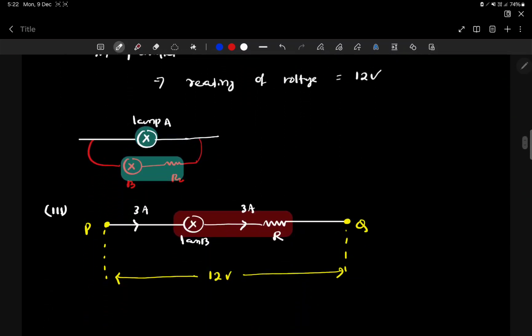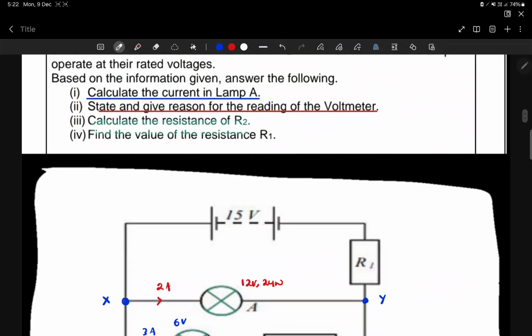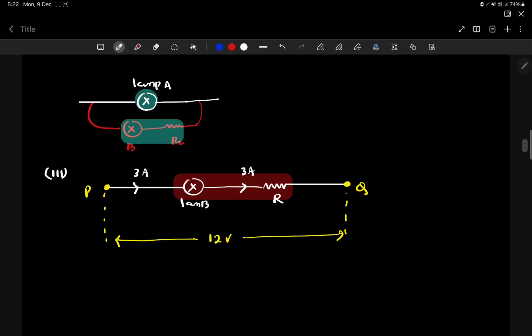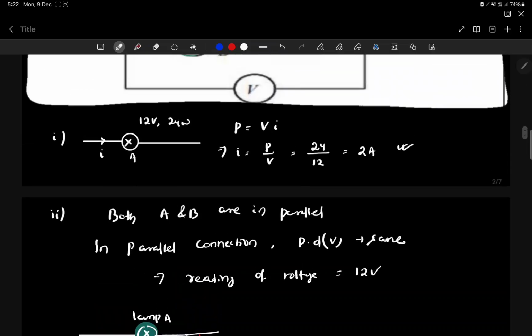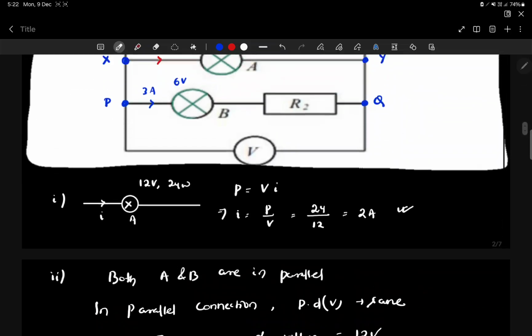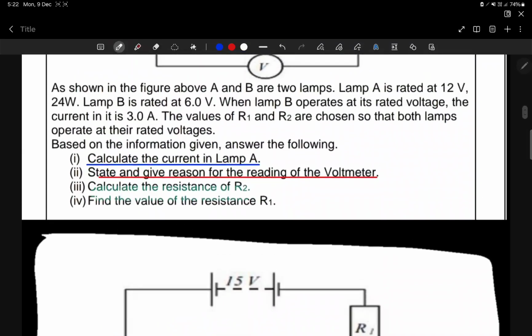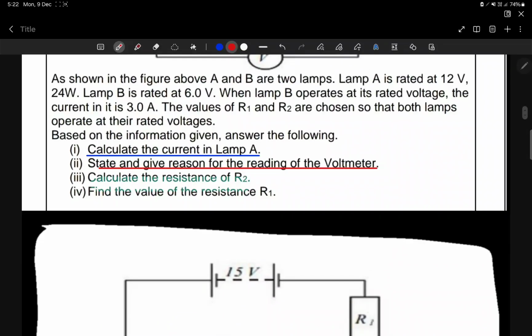But what is our aim? According to the third bit, it is asking to calculate the resistance of R2. So now think how to calculate the resistance R2. That is our main problem. Okay, so see the given question. It is mentioned